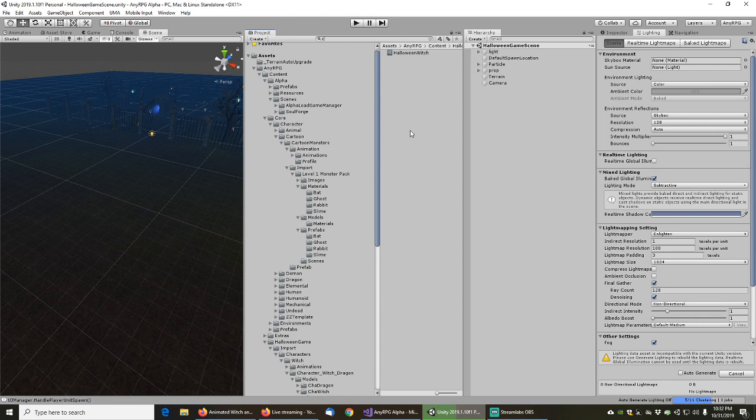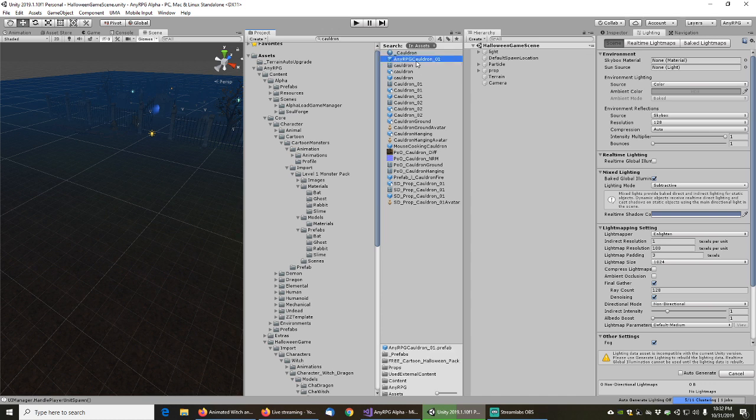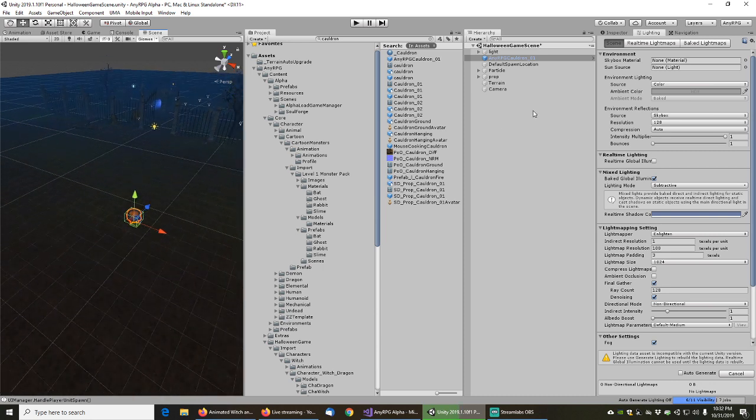So we should put a cauldron somewhere in the game here. And let's see, this AnyRPG cauldron looks like it might work. Perfect. And then we can make some,